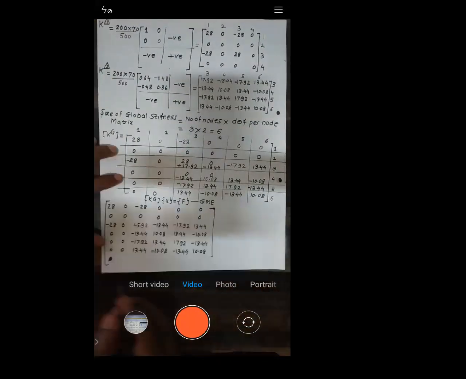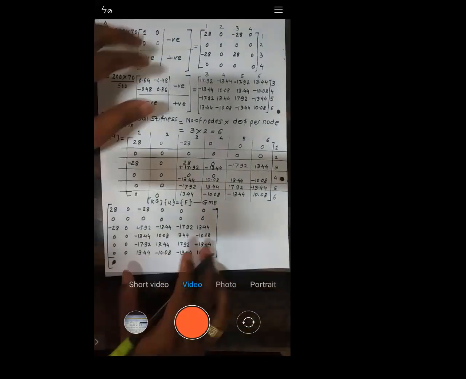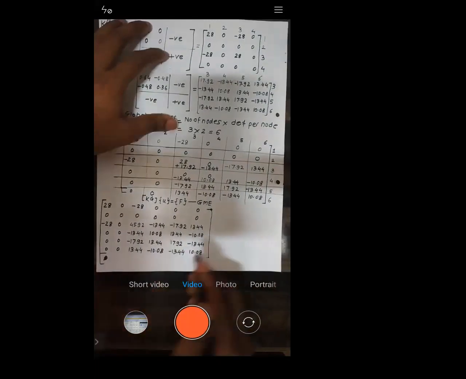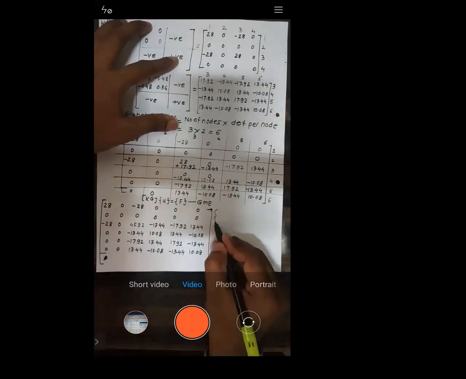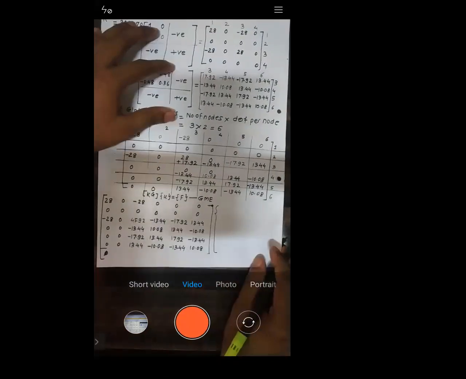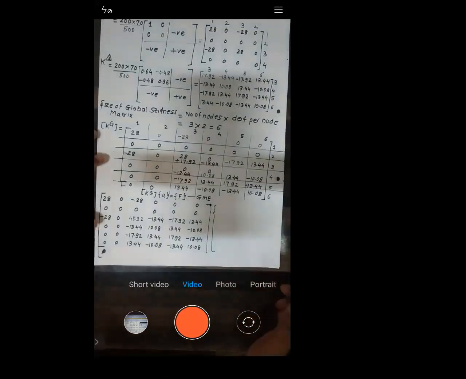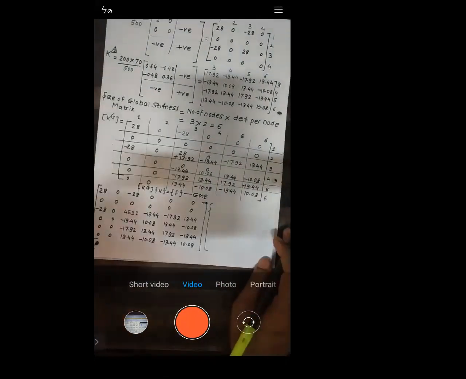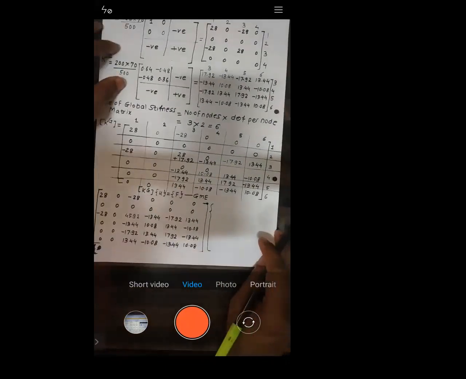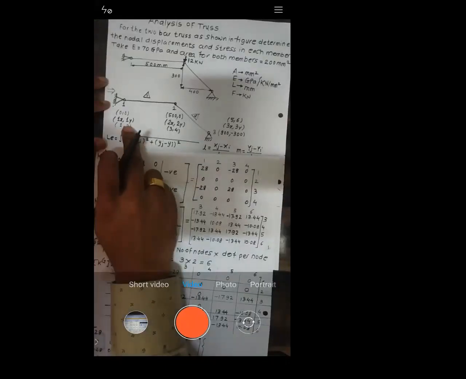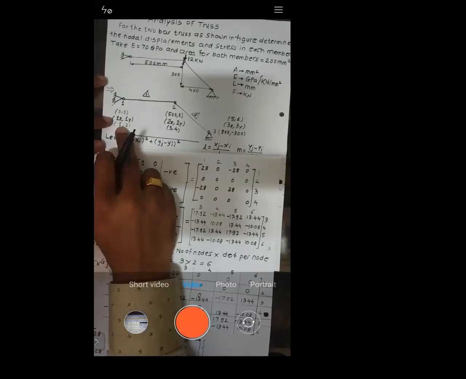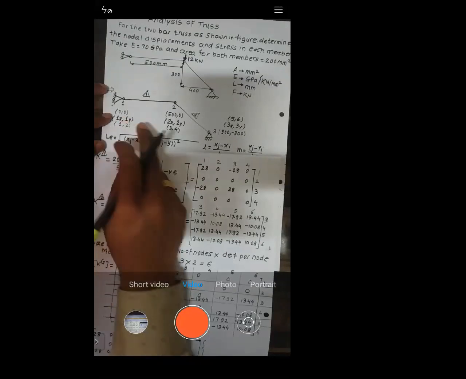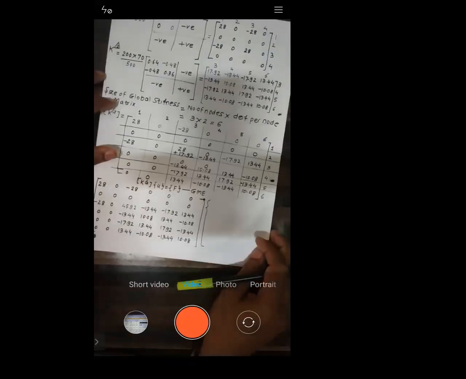See this one. So this is the element stiffness matrices. Sorry, global stiffness matrices. We need to multiply it by the displacements, so we need to write down the displacements here. How should you write the displacement? See, how did you write this? What is the meaning of 1? Node 1 can move in X. What is the meaning of 2? Node 1 can move in Y. So similarly, we can assign here. Let's do that.